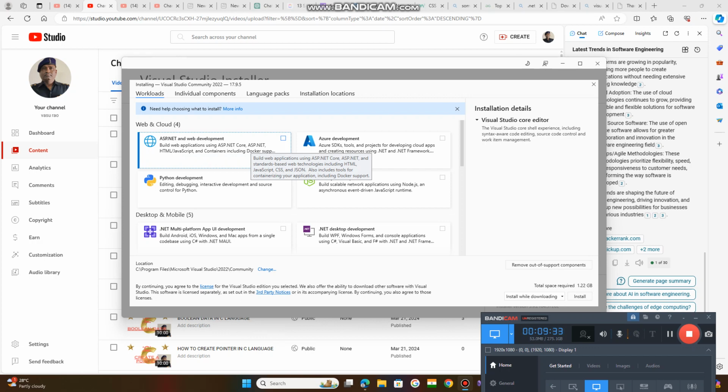But I am not seeing Kubernetes here. It is supporting only Docker, for containerizing your applications. There is no Kubernetes here. Python development, editing, debugging, interactive development, and Azure development, Node